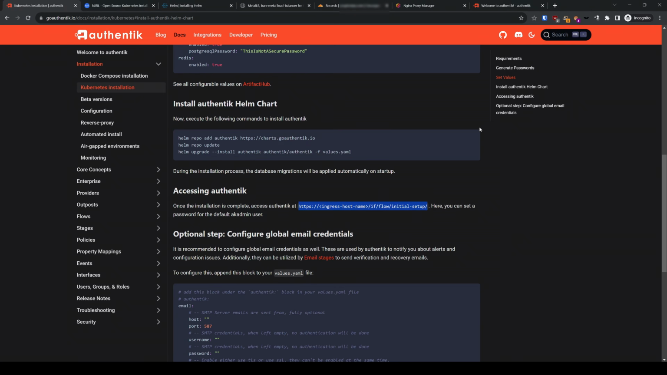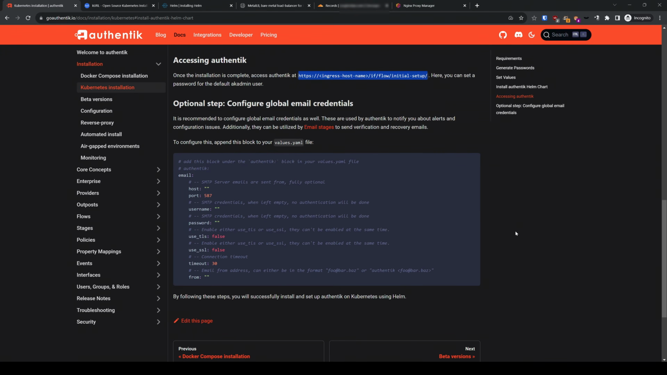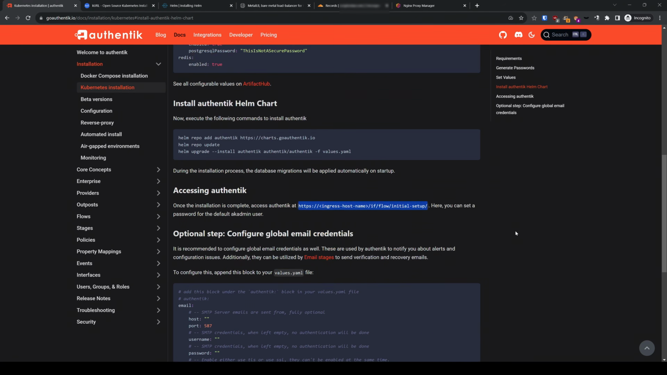Also, at this portion of the documentation, underneath the Accessing Authentik section, there is an optional step to configure global email settings. You would just need to append this block to the values.yaml configuration file with your specific settings. The same disclaimers apply that were mentioned in the Docker Compose installation portion of this video regarding self-hosted email versus